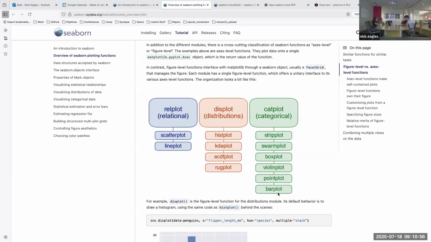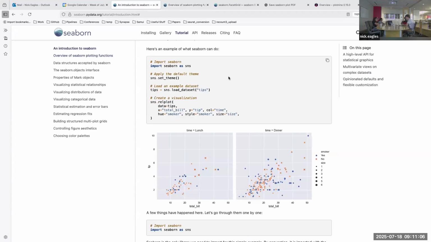Bar plots are also included in here. But yeah, that's the idea behind the API and what functions you can call. So going back to this tutorial, they call the relplot function. If you look below, it's actually a scatter plot, right? So the way you would achieve this is like,